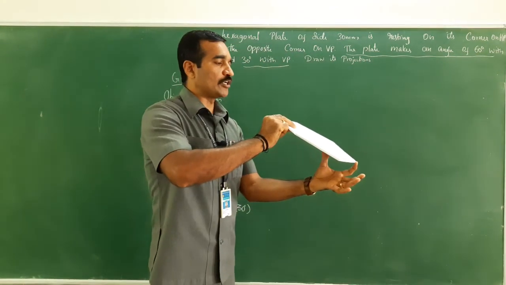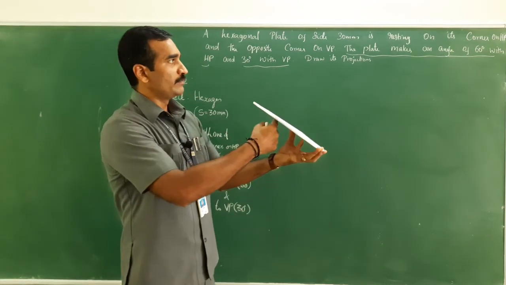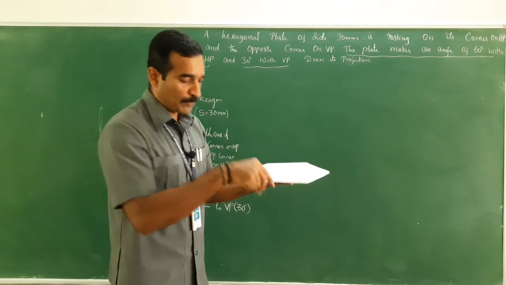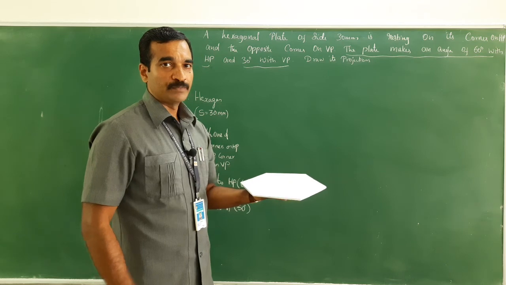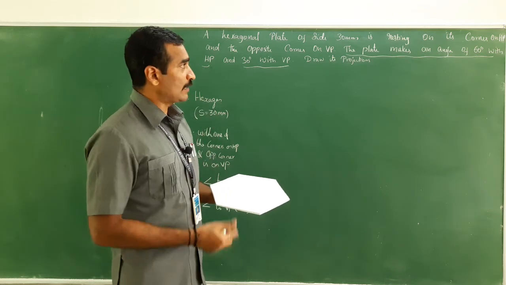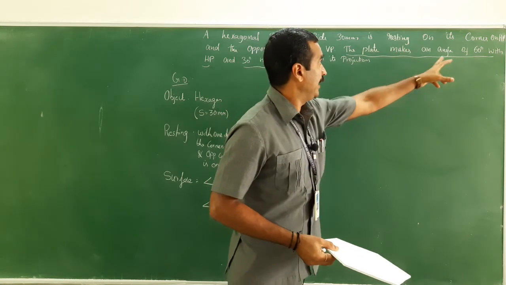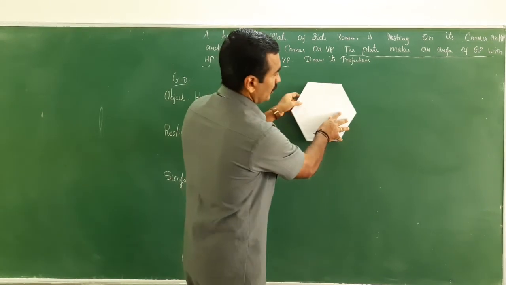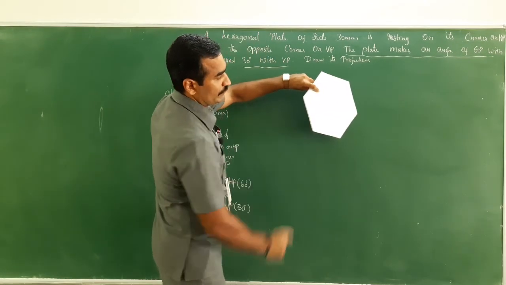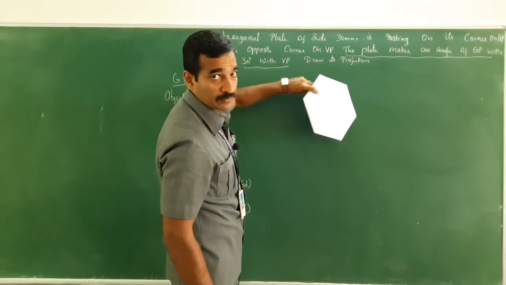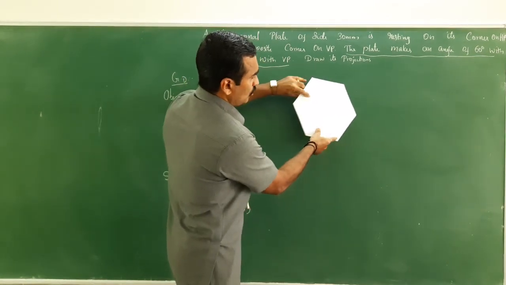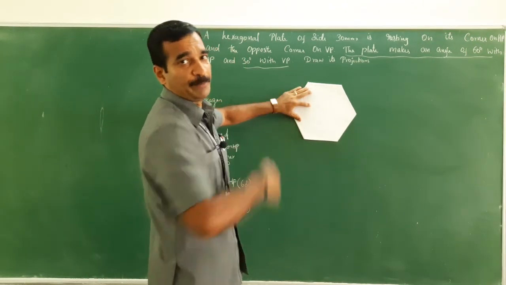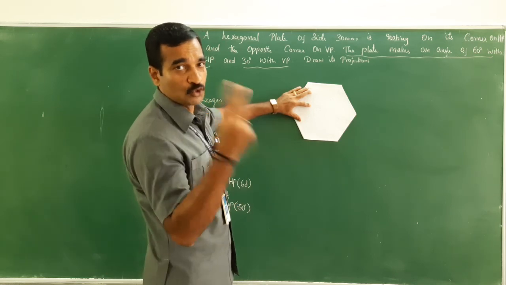Right? So if the plate makes an angle of 60 degree with HP, if you consider it, then this is how the corner is resting on HP. This is making 60 degree. When this angle becomes 0, you will get the true shape on HP. That is the top view. That is one option. Second option, if the surface makes an angle of 30 degree with VP, it is making some inclination with VP. The corner is on the right hand side, right? If this 30 becomes 0, this is what you will get. So here the true shape will be obtained on VP. That is the front view. So two ways you can draw it.